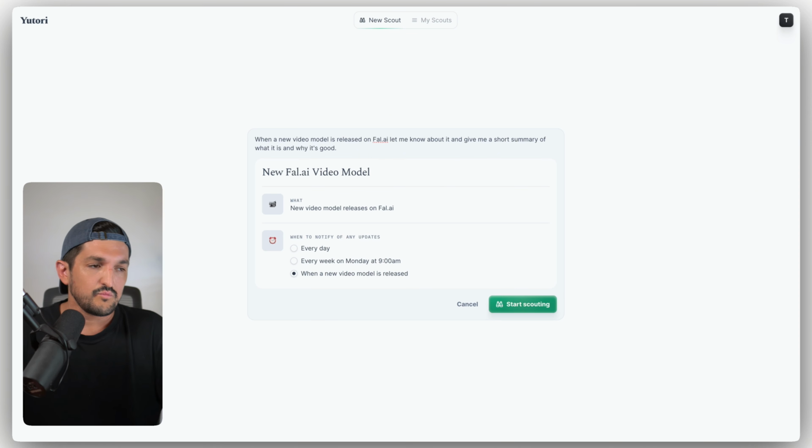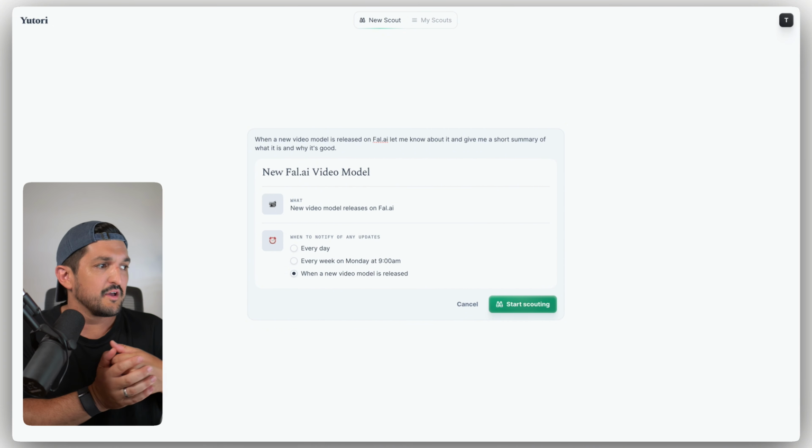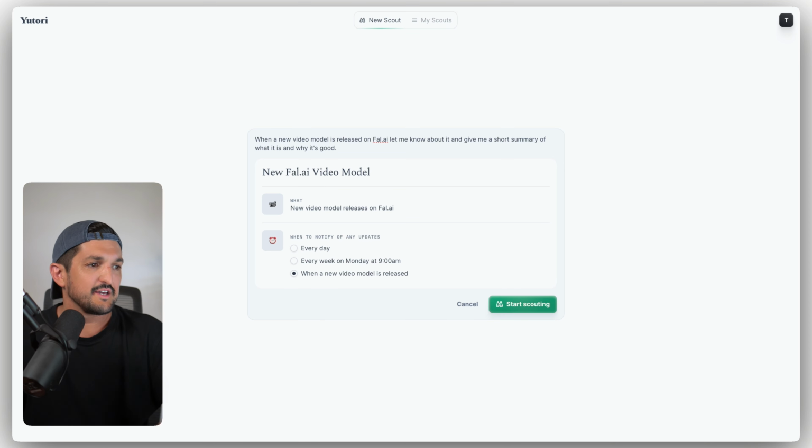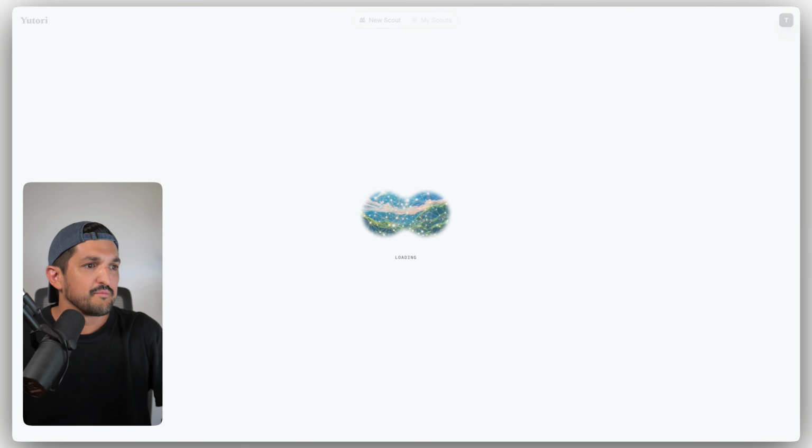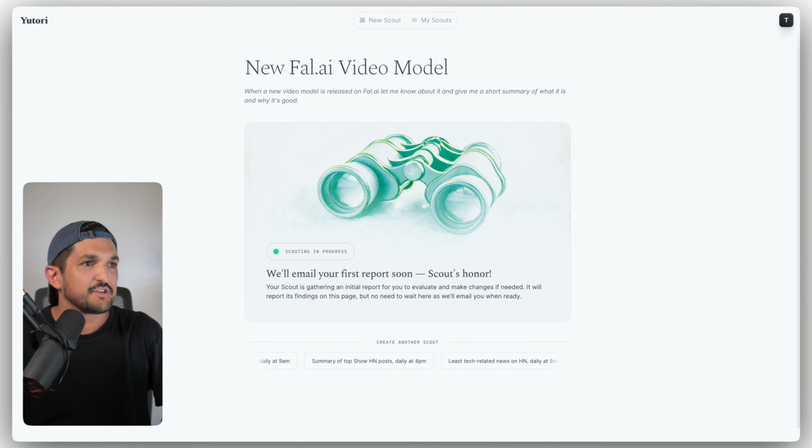So if you're an AI thread boy, we need the results as they come out, so you can write the breaking posts on X. We get the views, we get the money, we get the payouts. We need the scouts. So we're going to start scouting the new video models by pressing this delightful green button. We get this little animation.